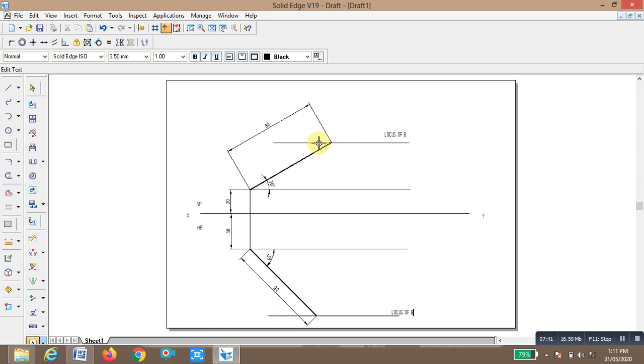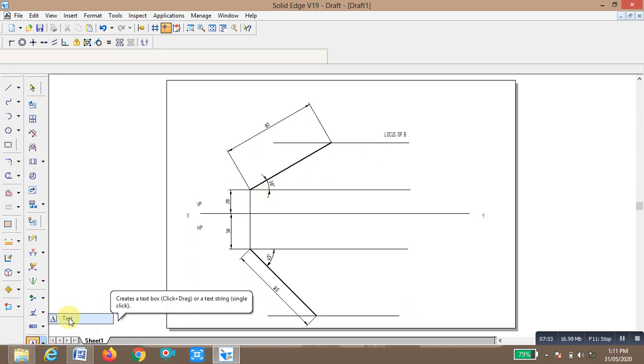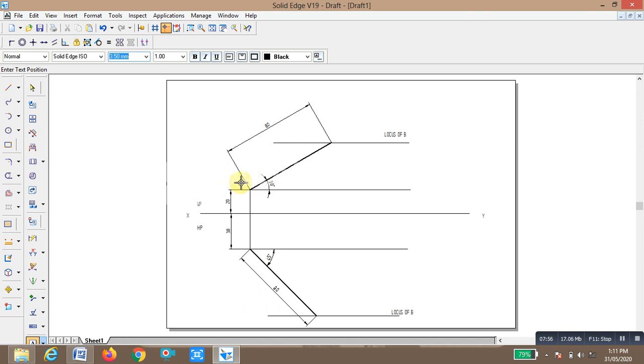Now the next step is, we are going to draw the vertical projection line up to this starting point. You name the text here: in the front view, A becomes A dash, so you write it here, this is A dash. In the top view it is simply A. Later we are going to mention the remaining points.